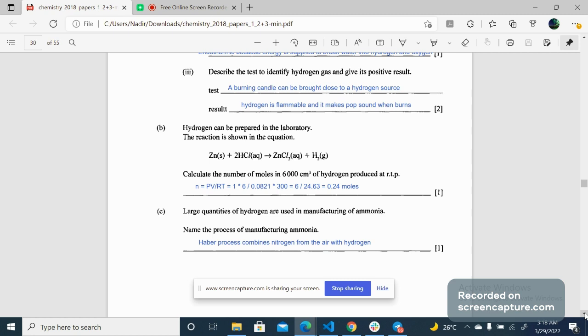So what is the mechanism? Hydrogen reacts with nitrogen, and nitrogen is abundant in the air, in the atmosphere. If you recall, what are the constituents of ammonia? They are nothing but hydrogen and nitrogen. So hydrogen is one of the reactants, and nitrogen comes from the air. It reacts with nitrogen from the air, and thus it forms ammonia.